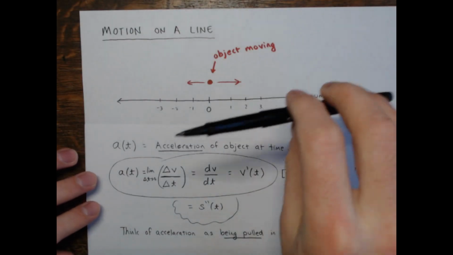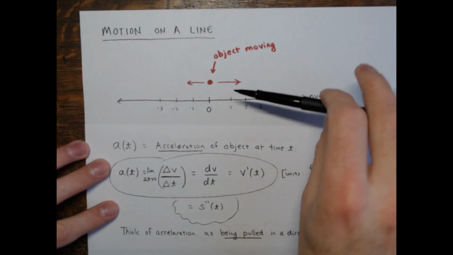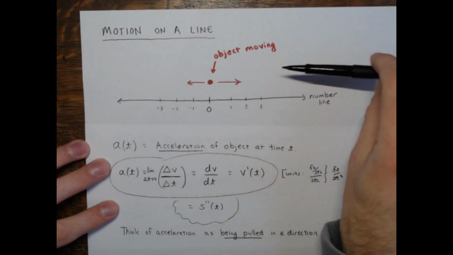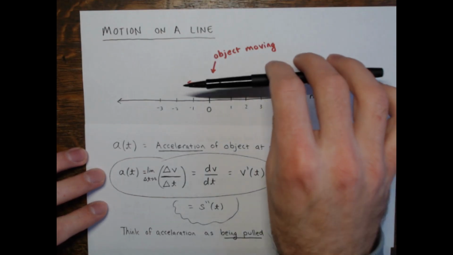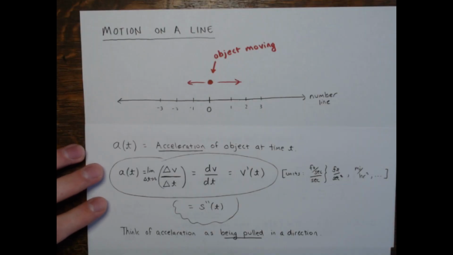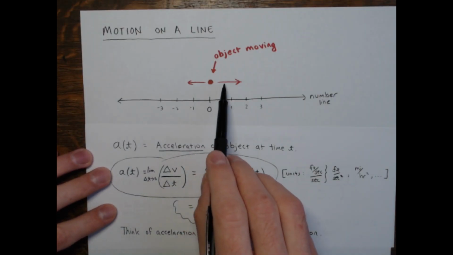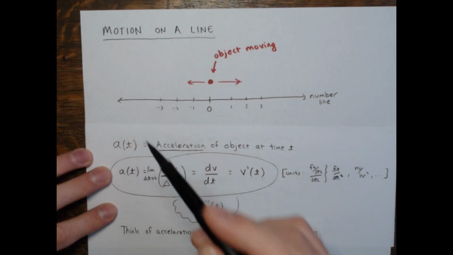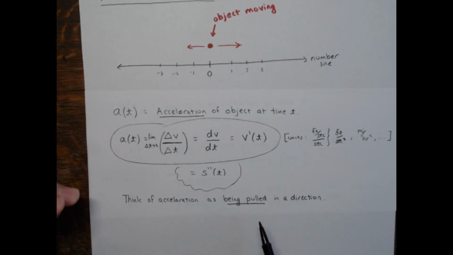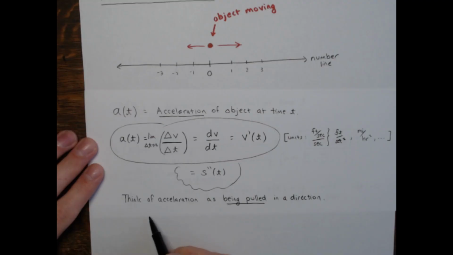and vice versa. An object may be moving to the right, but again, think of wind or water or gravity, something may be pulling it in the opposite direction. Or I could be moving right and being pulled to the right, or moving left and being pulled to the left. But acceleration is a pull. Think of acceleration as being pulled in one direction or another. So being pulled in the right direction on the number line,